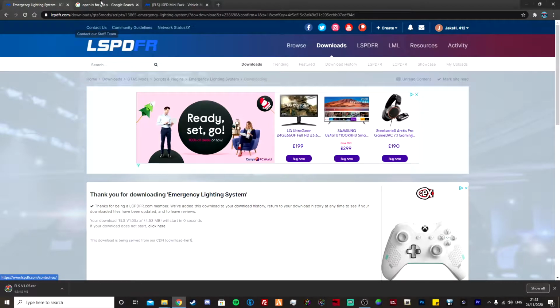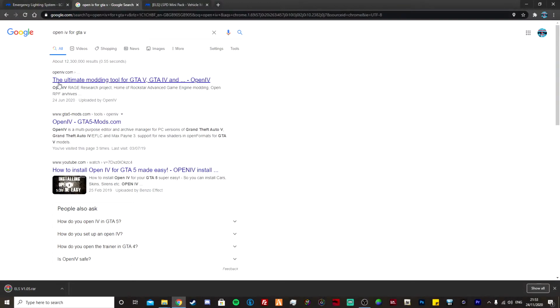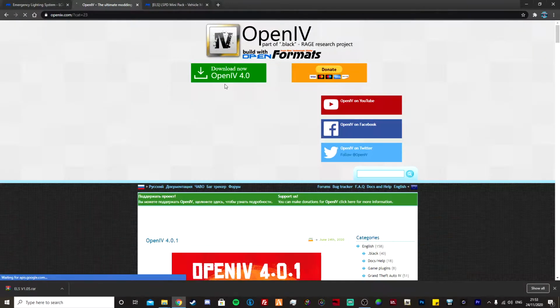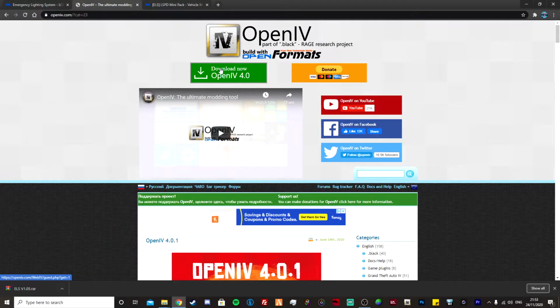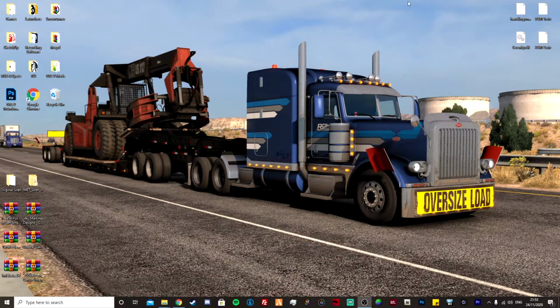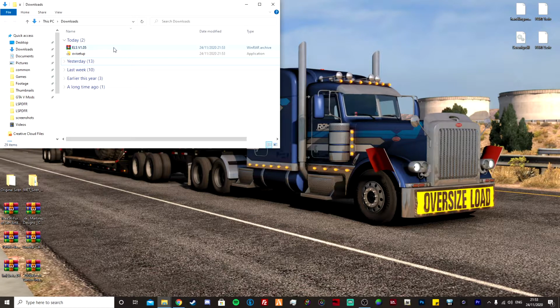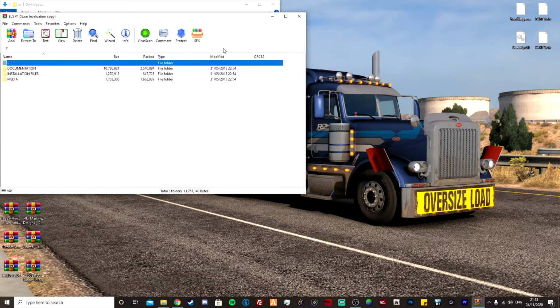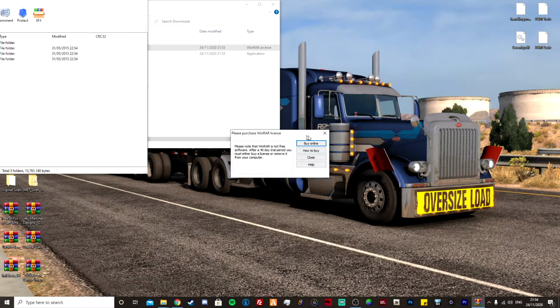Then if you head into the description and open up the link for OpenIV, and then just download that as well. Then once that's done, we will minimize Google for just now, and if we head into our downloads folder and open up our ELS RAR file,